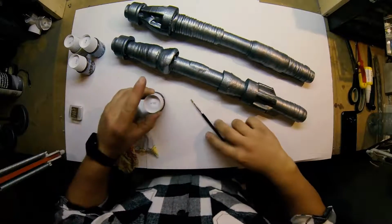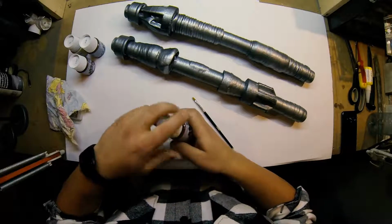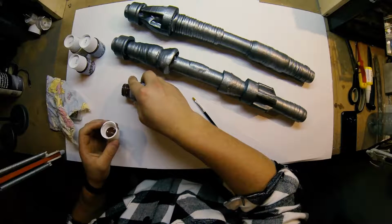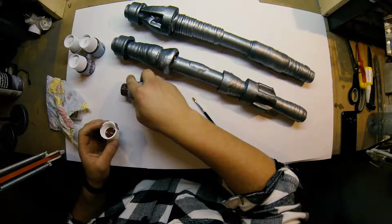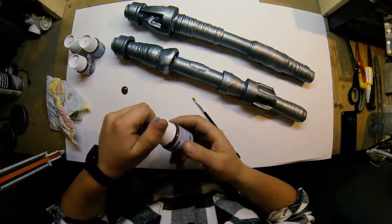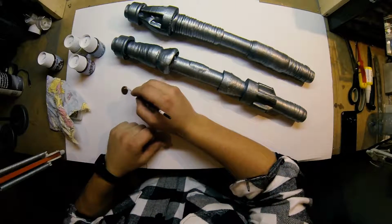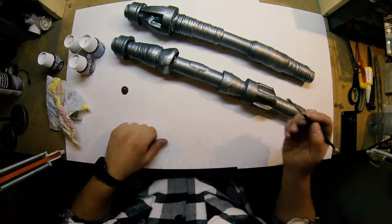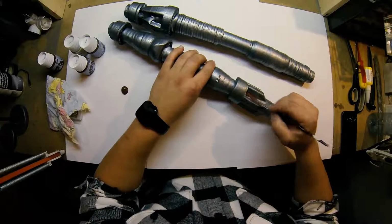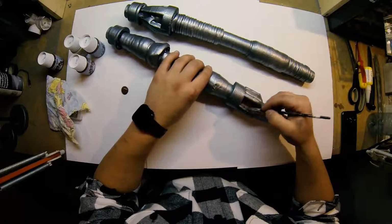Okay, this process is a little bit scary actually. You're basically gonna paint a whole bunch of things and try to rub the paint off. And as you can think, this can go wrong. But I've watched Adam do it, and I'm confident that I'm going to fuck it up. It's okay. So basically just to get the brown into the creases, where do you think the